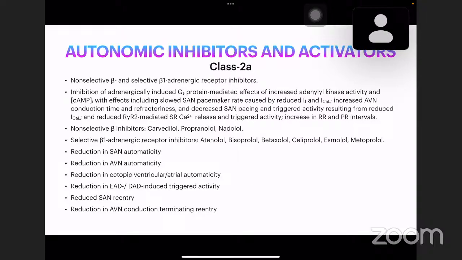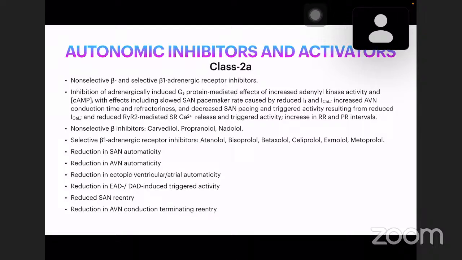So coming to class 2. Class 2 is again divided into subclasses. In class 2A, the class 2 is particularly autonomic inhibitors and activators. It's not like beta blockers. It's autonomic inhibitors and activators. So in class 2A, you have non-selective and selective beta adrenergic